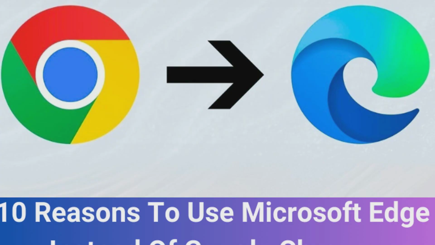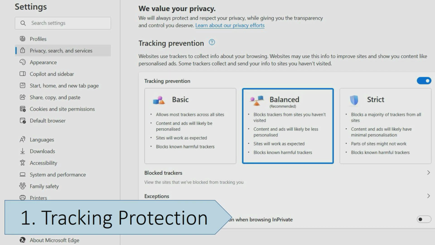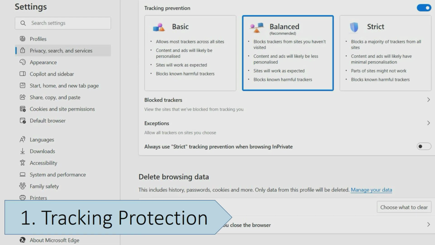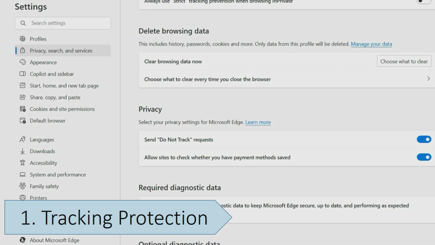Here are 10 reasons to use Microsoft Edge instead of Google Chrome. Edge has a built-in feature that blocks third-party trackers from collecting browsing data. You can choose from 3 levels of tracking protection, which include basic, balanced, or strict. Unlike Edge, Chrome does not have built-in tracking protection. You can request, "Do not track," in Chrome, but the choice lies with the website host whether they track you